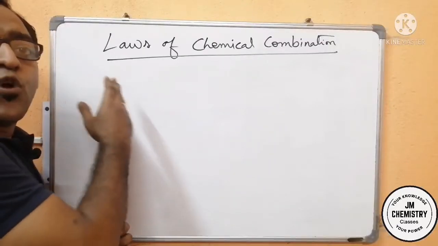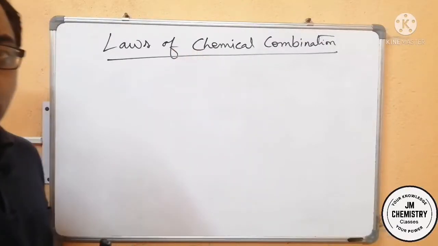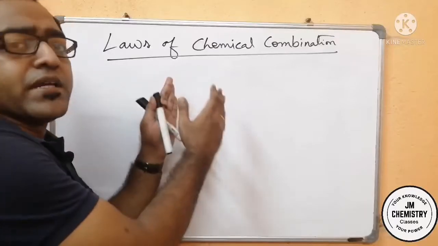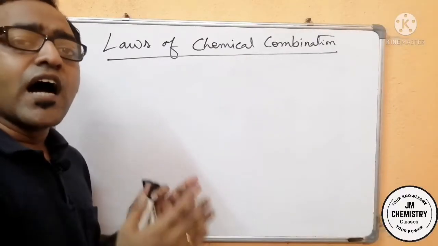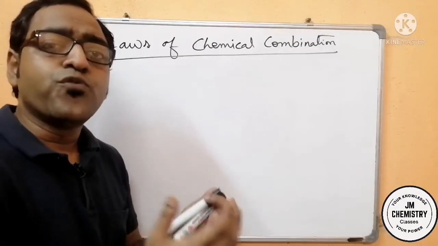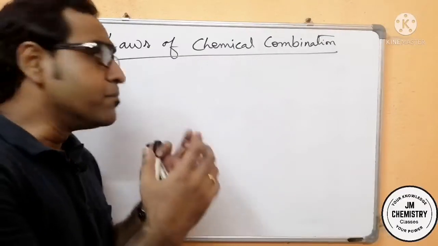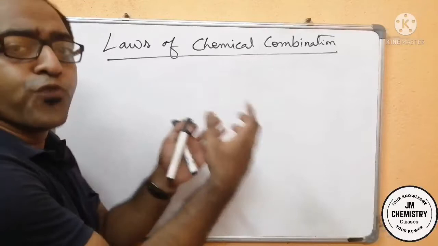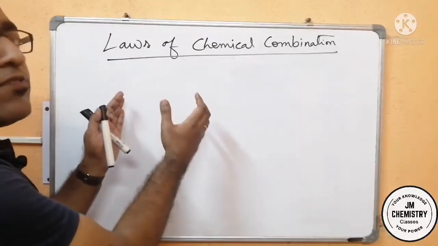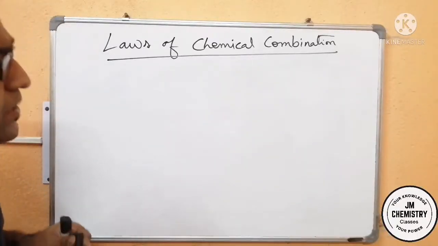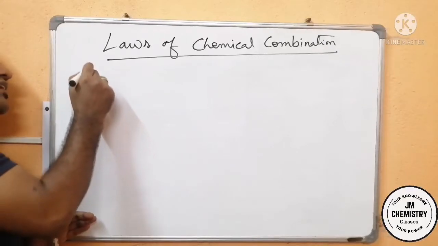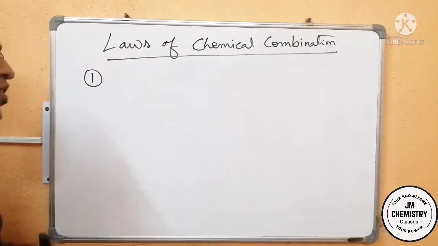As it says, laws of chemical combination. So what does it mean? Chemical combination, that means how the elements combine to form compounds. So the laws which govern the combination of elements to form compounds are collectively called laws of chemical combination. In these laws, the first law is